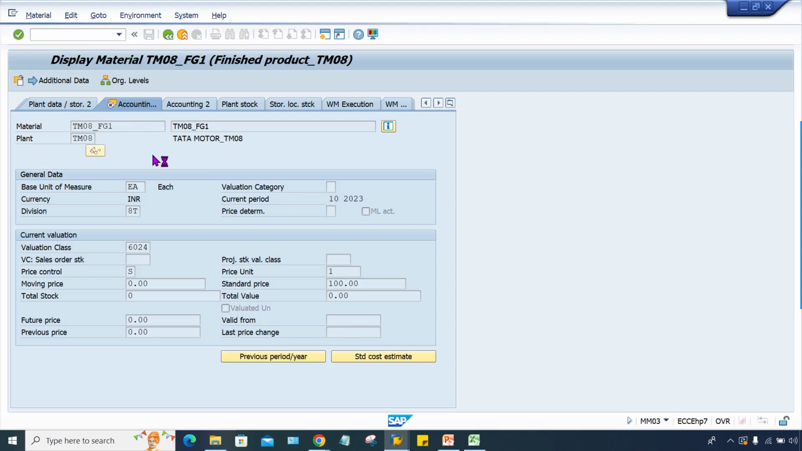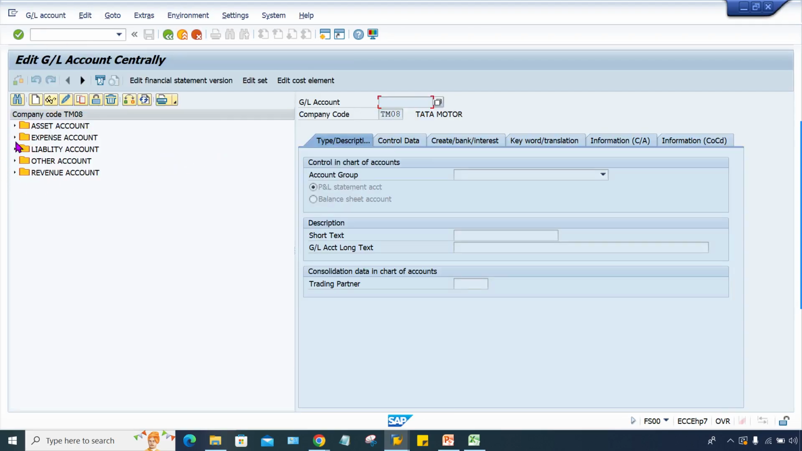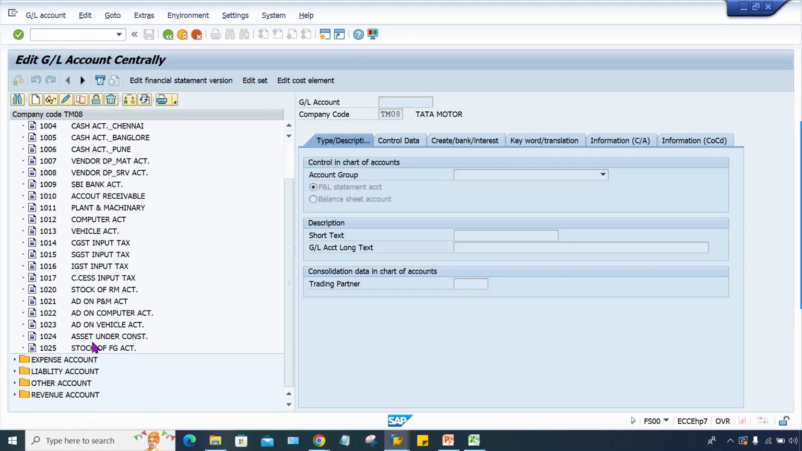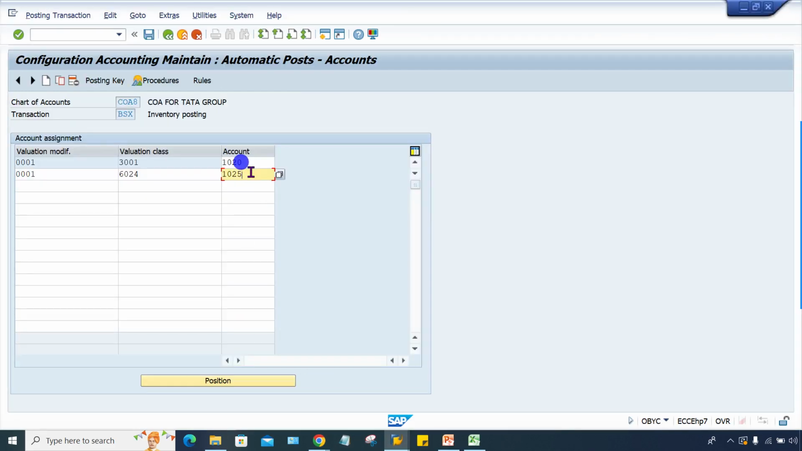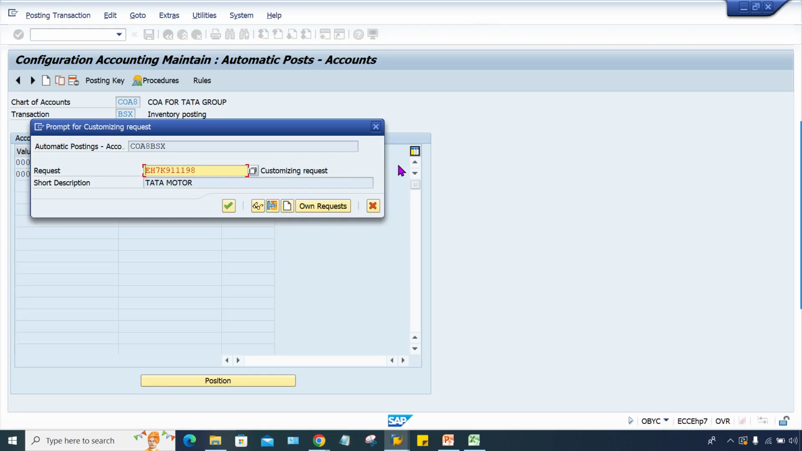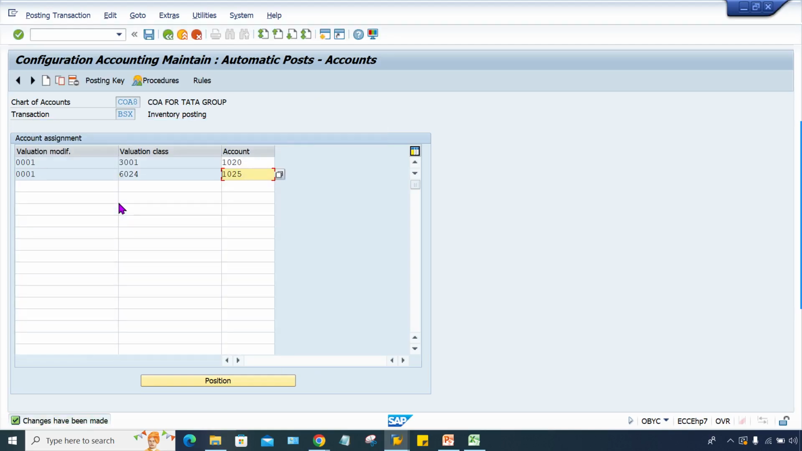plus double zero, and here, yes, 1025 is the GL account we have assigned. Press enter and just save it. Okay, so 1025 we have assigned here. Now